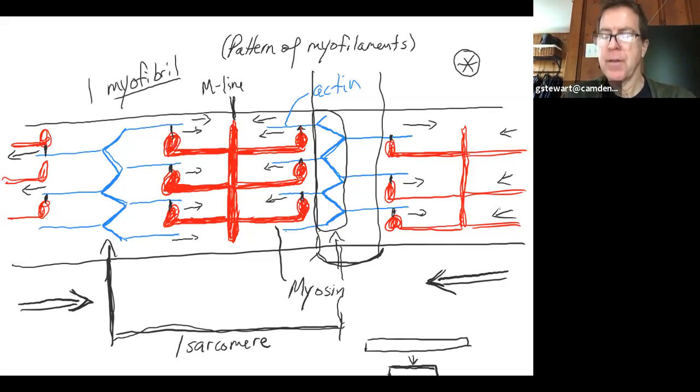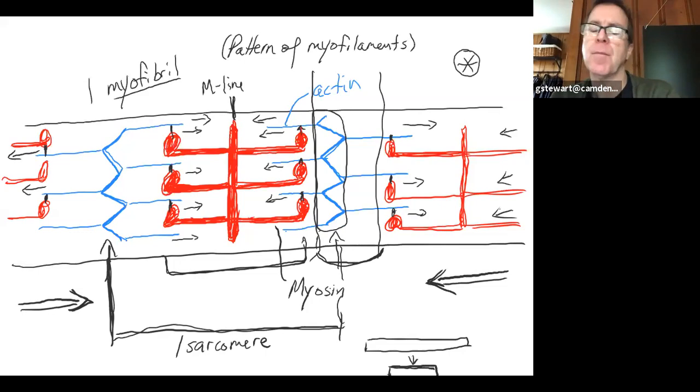And when there's overlapping myosin and actin filaments, we call that the A band. I'll clean this up tomorrow and draw all of those banding patterns for you. The last picture I'm going to draw today,